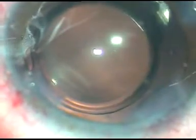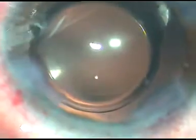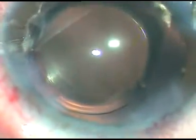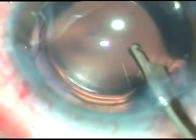Now the side ports are hydrated and the anterior chamber is formed with BSS. A final wash is given with BSS and the